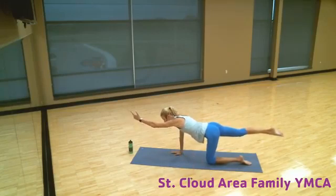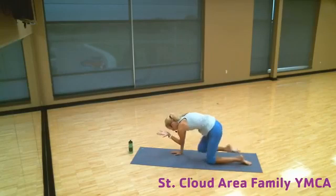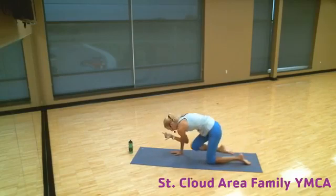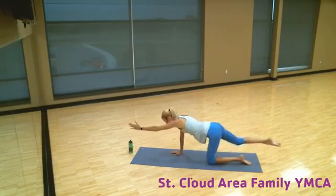We're going to crunch. So as you inhale, you're lengthening. And as you exhale, knee to elbow. Then inhale, lengthen. Exhale, crunch. Here for 8,